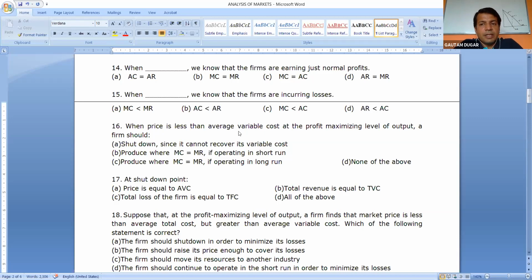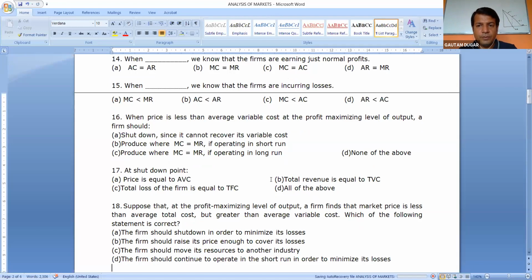When price is less than AVC, so long as price is greater than AVC, the firm will continue. If the price is less than the AVC, the firm will shut down since it cannot recover even its variable cost. So, if the price is less than the average variable cost, the firm should shut down since it cannot recover its variable cost. Next, number 17, at shutdown point, obviously price is